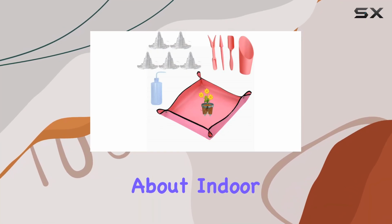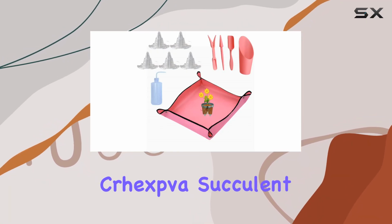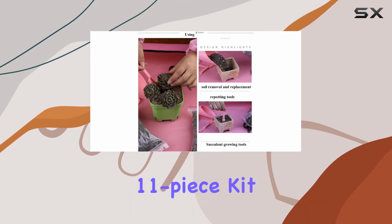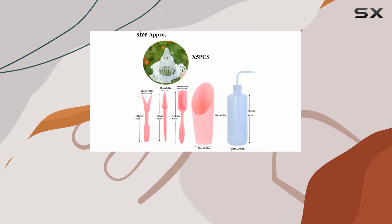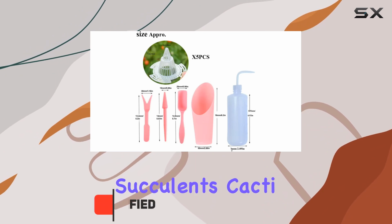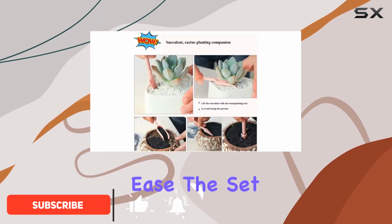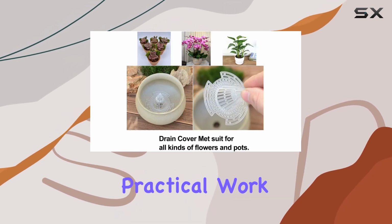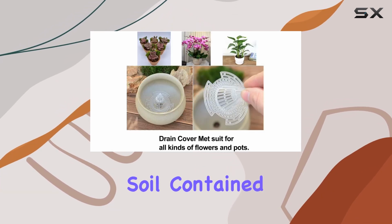If you're passionate about indoor gardening, the Crexva Succulent Plant Tool Set is a must-have for your collection. This comprehensive 11-piece kit includes everything you need to care for your succulents, cacti, and bonsai with ease. The set features 5 flower pot hole mesh pads, a practical work mat with 4 snaps to keep soil contained,